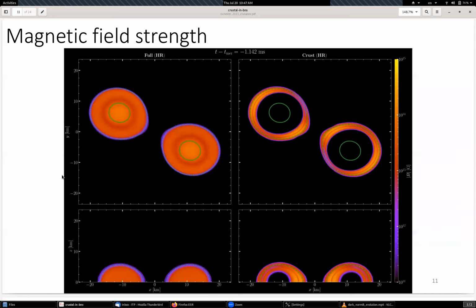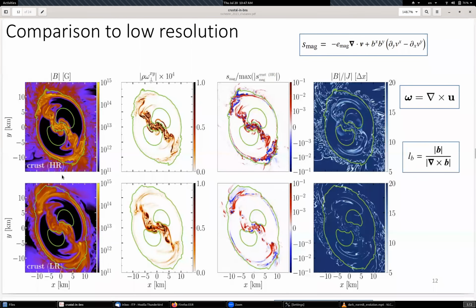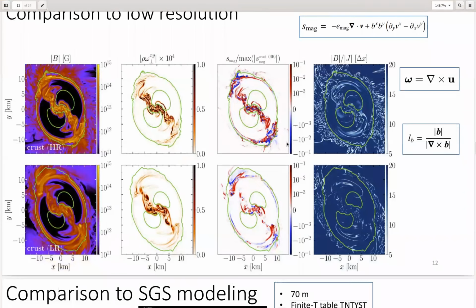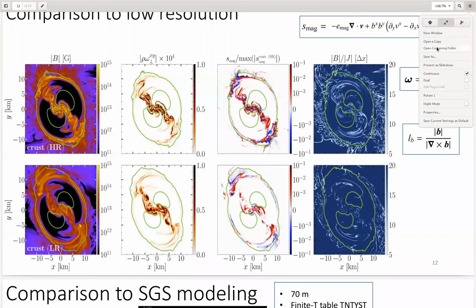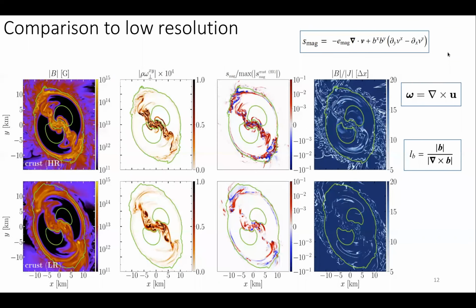Okay. Thank you. Yeah. We have also carried out low resolution simulations in order to see whether the observation that we have, whether the difference that we have, is sensitive to resolution, or whether we observe a trend which is consistent with our interpretation, or whether it's just a resolution effect. And what we essentially see is that the low resolution simulations show a very similar behavior,